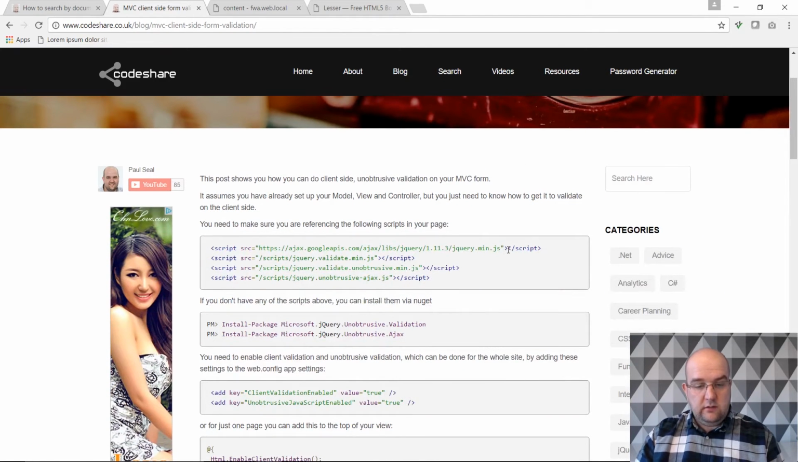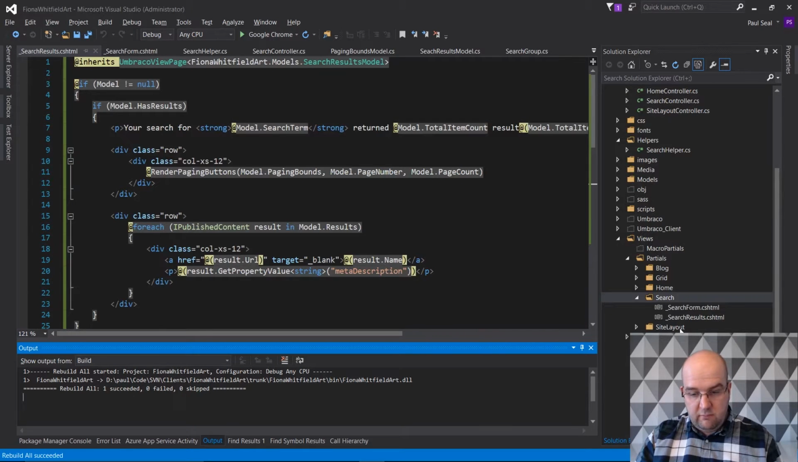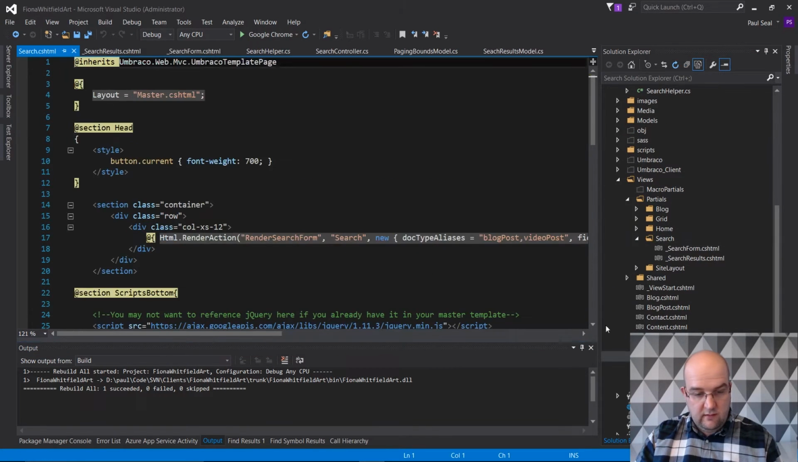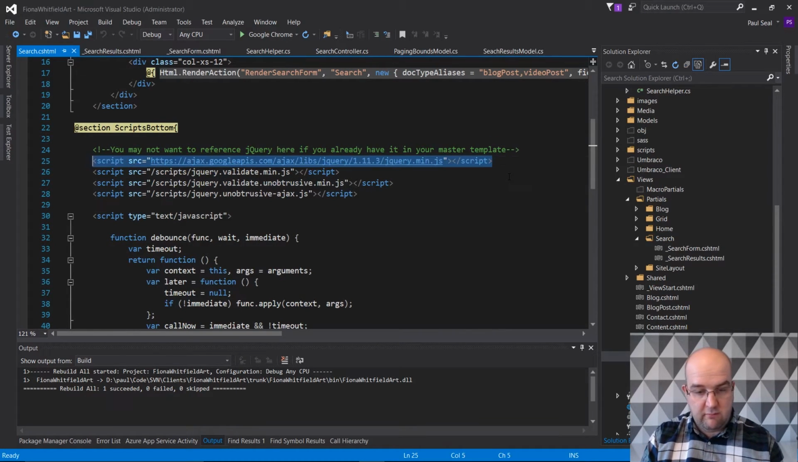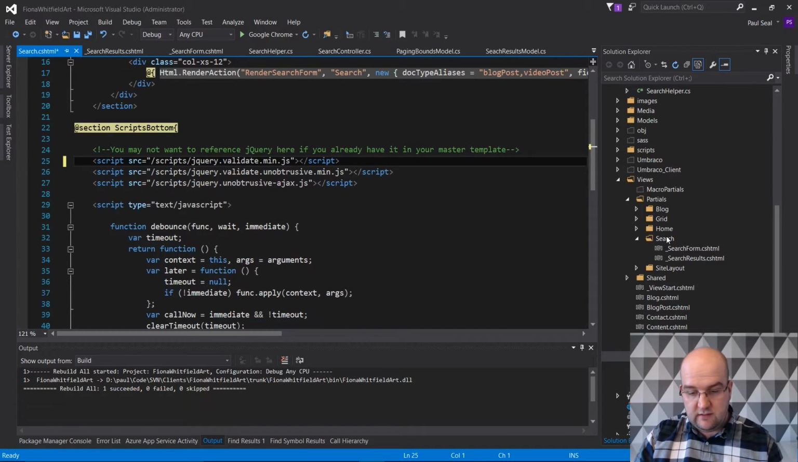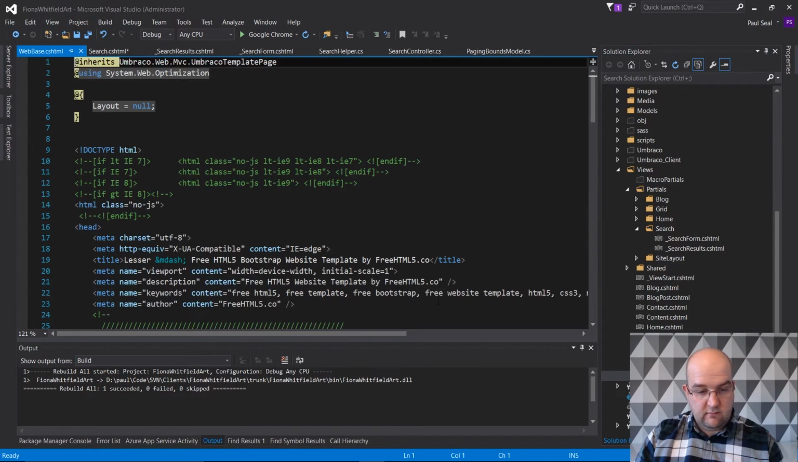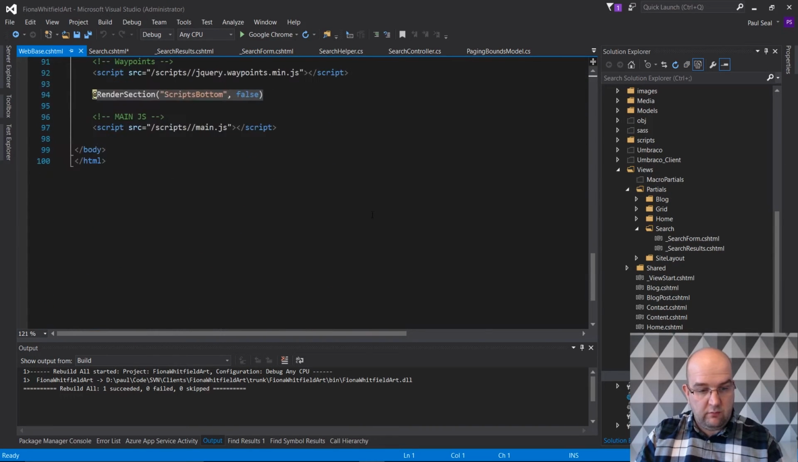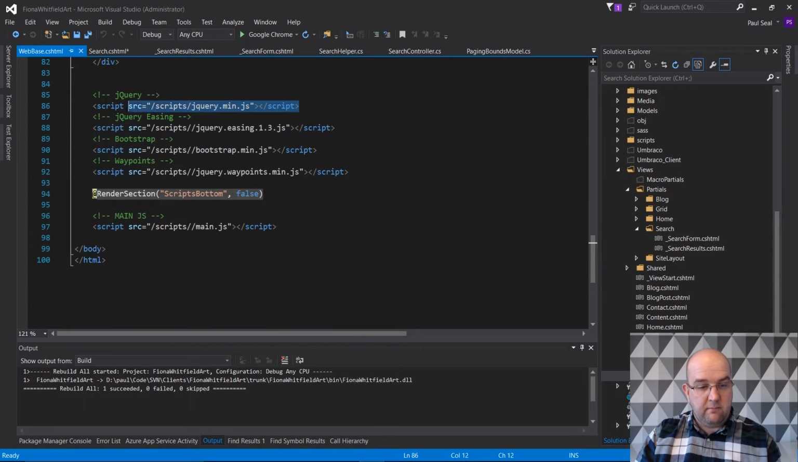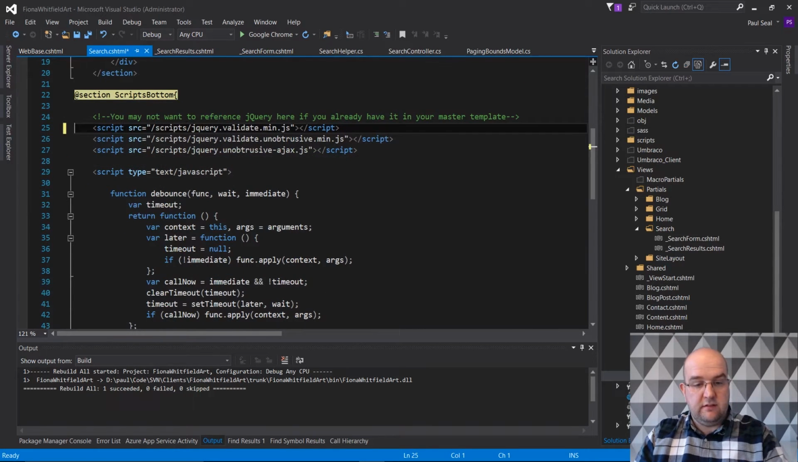So if you go to the search template that I created, you'll see, as I was talking about at the beginning, we've got this reference to jQuery here. So I'm going to remove that because I've already got jQuery referenced in my master template. So I don't want two references to jQuery because that will break things. So that's there. And then if you go back to this, you'll also see these references to these jQuery validation,